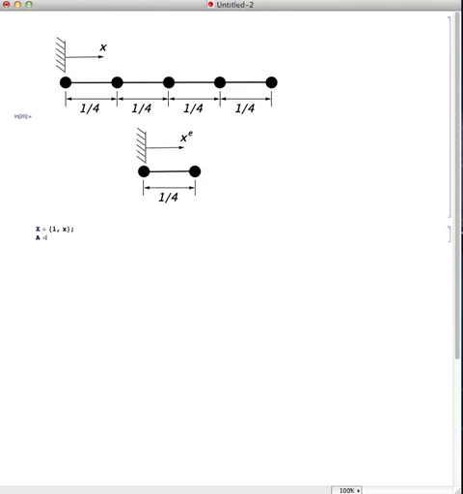then we want to create that so-called A matrix, which is big X evaluated at 0 and big X evaluated at 1/4. Then the element shape function is then X times inverse A. There we have it. Okay, so the element stiffness matrix is then